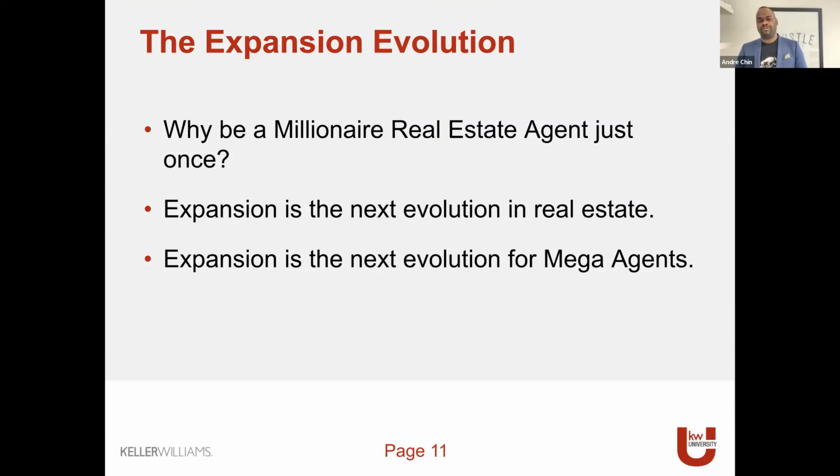The way the book was written, the MREA, Gary gave us the roadmap on how to become millionaire real estate agents. And then he said, well, if you systematize it and you get really good at what you're doing, why not afford that opportunity to others? And that's where he kind of came in and said, you know, expansion is going to be the next evolution in real estate, because as a business owner, real estate was sort of one of those only businesses that you couldn't take across the country, or you couldn't take across your province or your state. And it started to feel really limited to the geographical location in which you were.